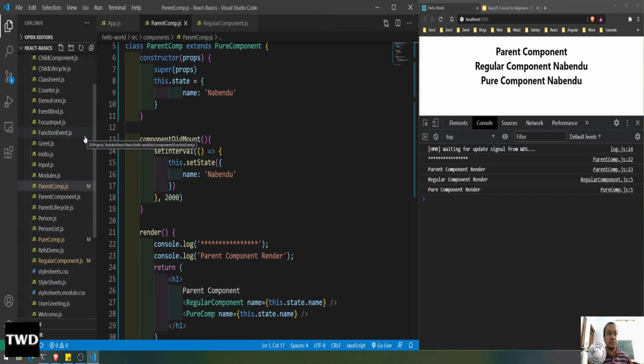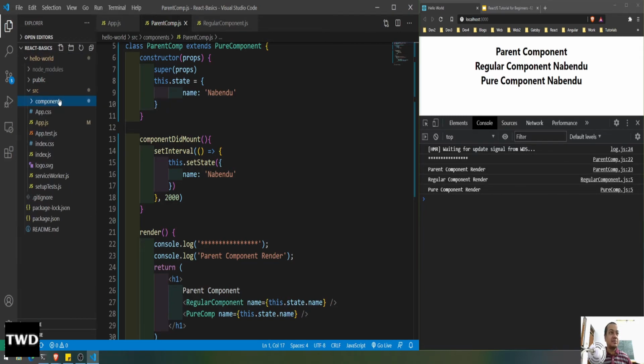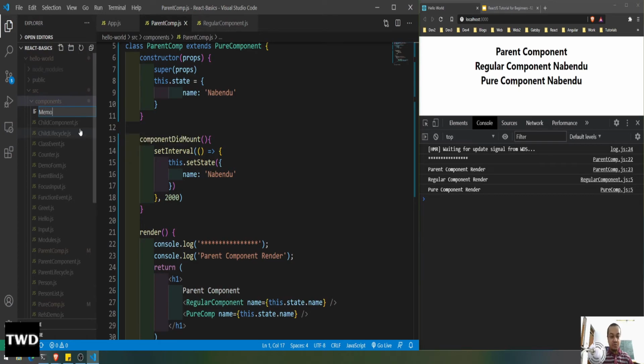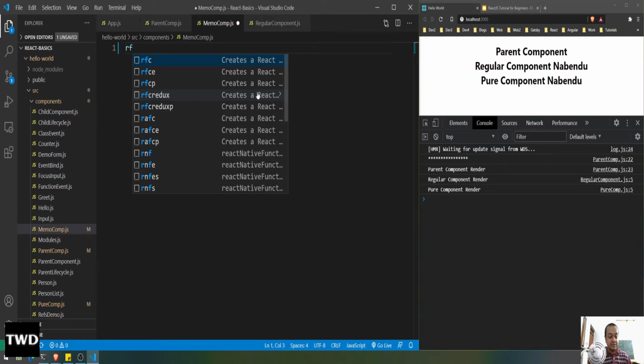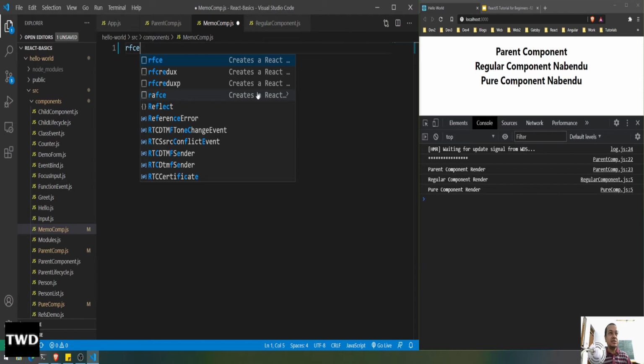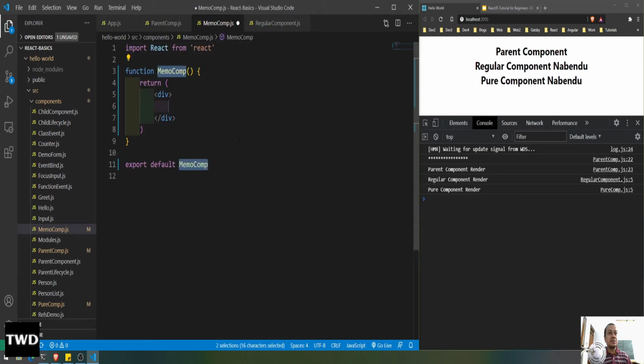But it is for functional components. As I told earlier, a pure component is not there in function based components. So for that, memo was introduced. Let me create a new file called memoComp.js, and let me open it, and then type rfce. See, I'm doing rfce. It will create a function based component, and then